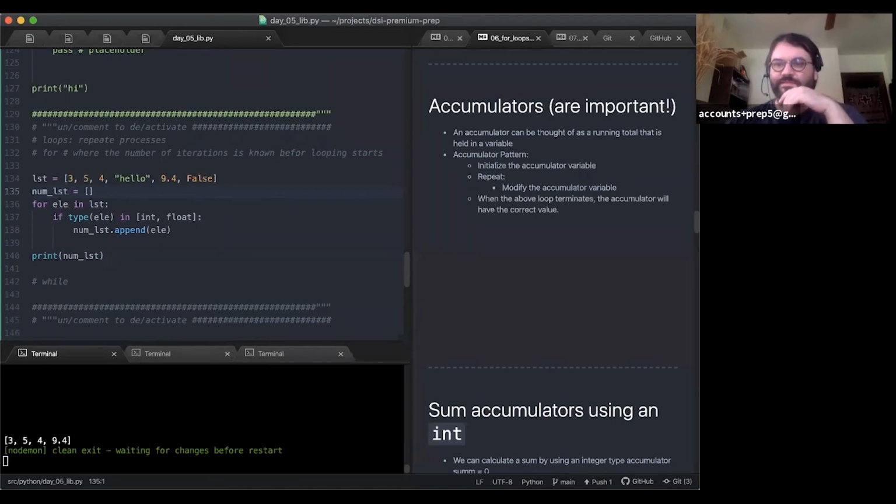So it doesn't come up as much anyways. Not that it won't or that it can't, but at least for now, in terms of beginner Python, this pattern of starting with something empty and ending with something that's been populated by only the correct things, right? This line determines what's the correct thing to add, whether a thing is correct to add or not. And then this line adds it if it's correct.